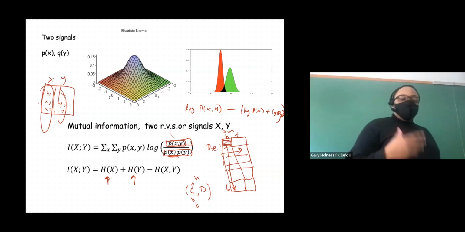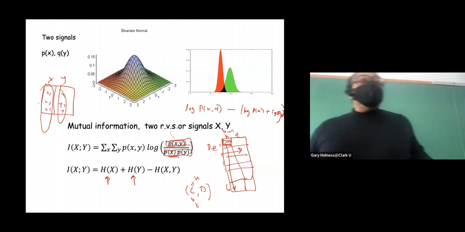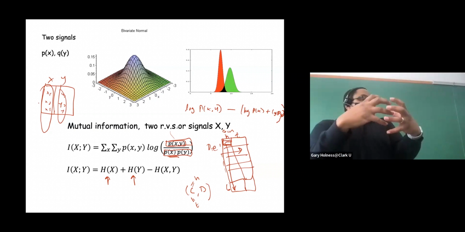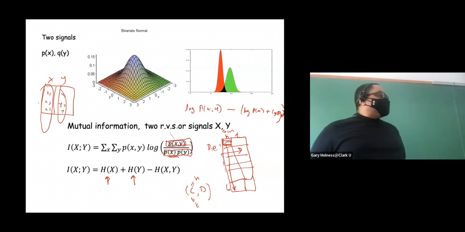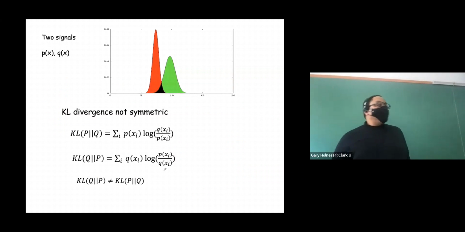And so essentially what you're doing with mutual information, you have a bit representation that's useful for the joint probability for these two signals at the same time, and you're saying how much of it is due to the coupling versus the independence assumption. If we work out the math, you get entropy of one plus entropy of the other, and you subtract out the joint entropy. Okay. And so the KL divergence, this distance measure, is not symmetric.